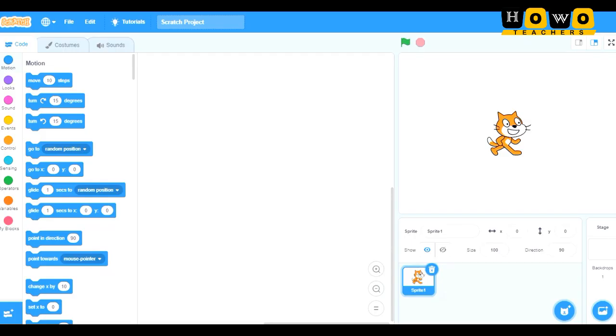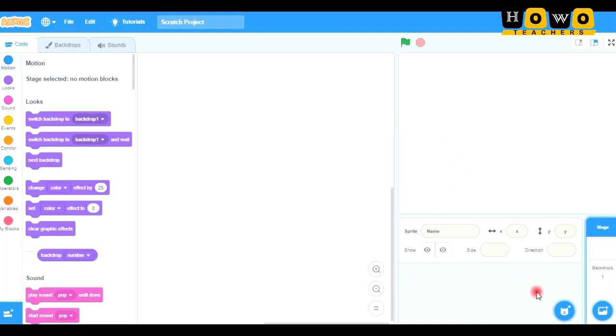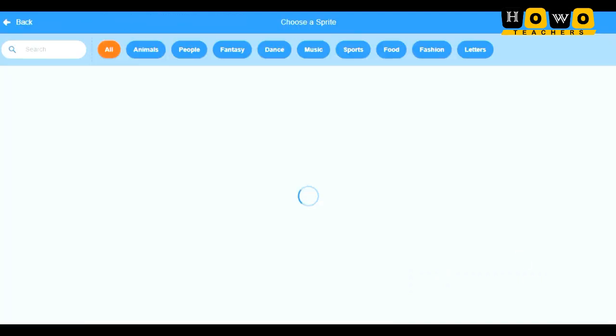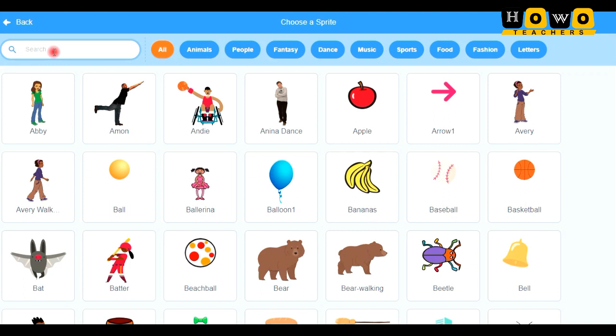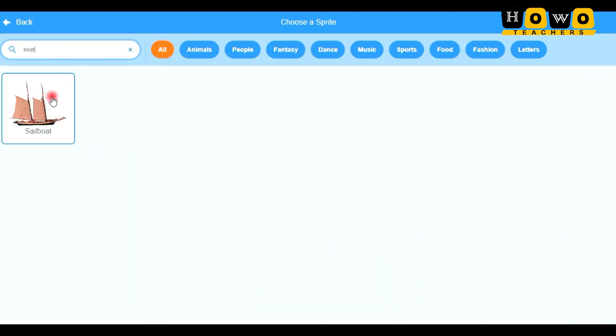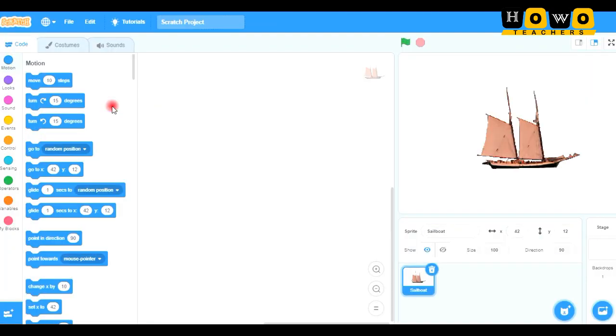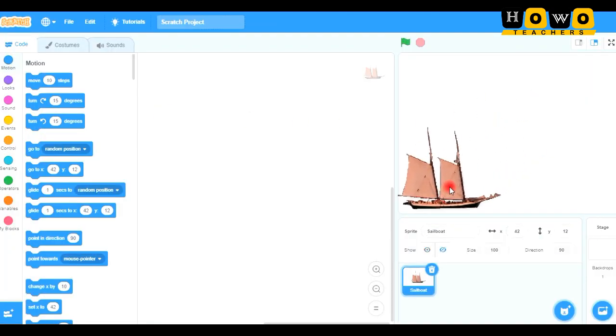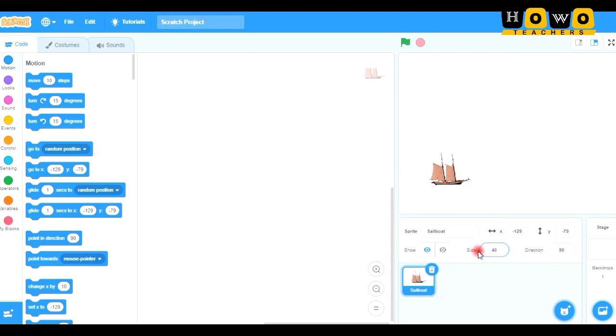So let us quickly begin with a new game, and that is a boat race. As I have shown you in the last video, you will be making a boat race. So students, for boat race, first of all we need to add a sprite here, that is a boat. Here I am adding the boat. Whatever your version is, that kind of boat will come in your sprite. See here, this one is available, so I am adding this boat. And you can reduce the size. See, if you feel like the size is larger, you can anytime reduce the size.